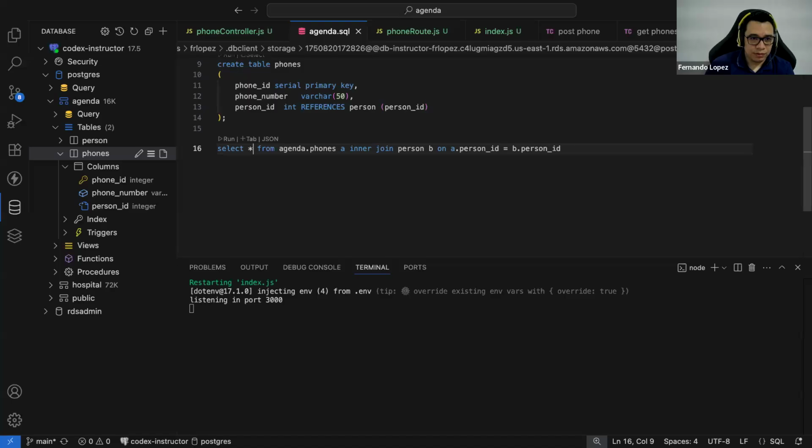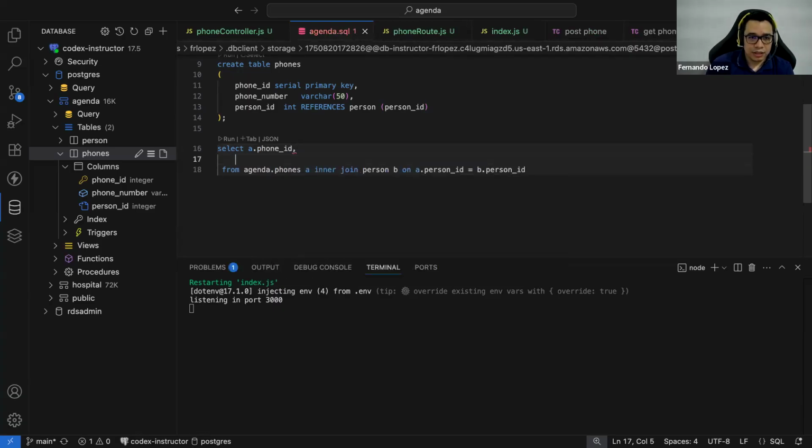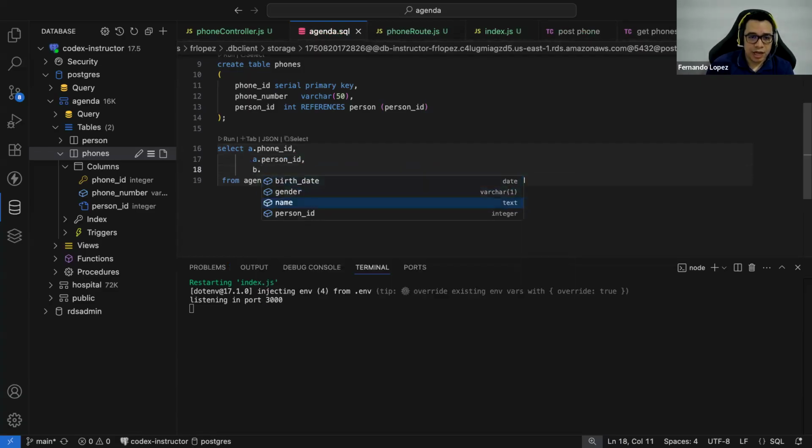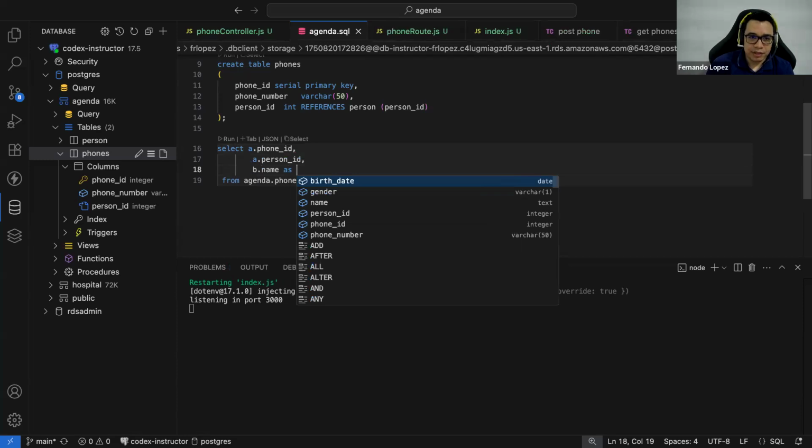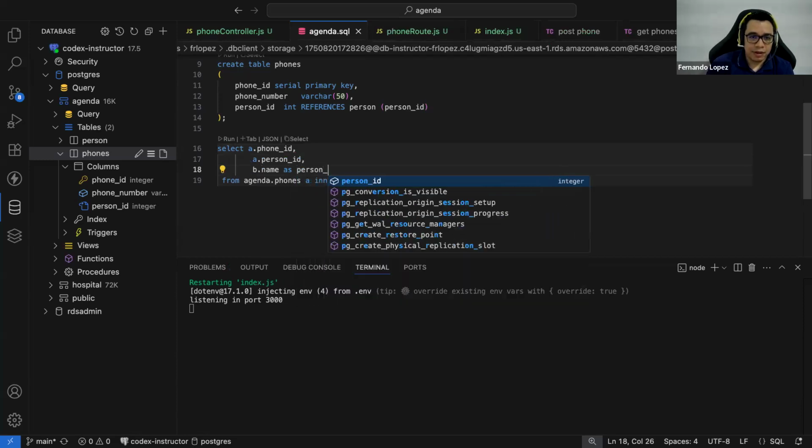Now, in the columns, we're going to bring from the phones the person ID. Well, no, the phone ID first, then the person ID. From B, we're going to bring the name, and we can rename this as person name.